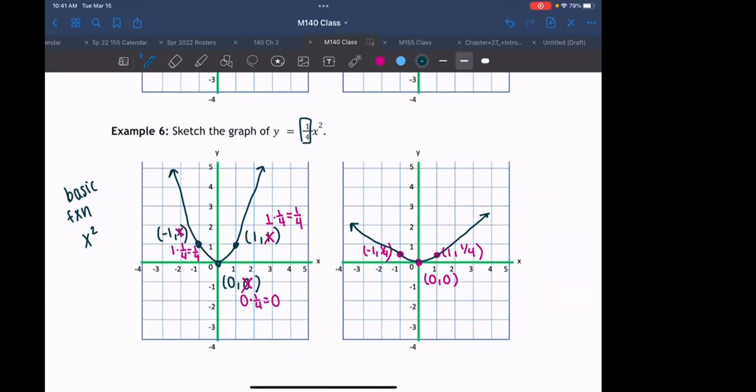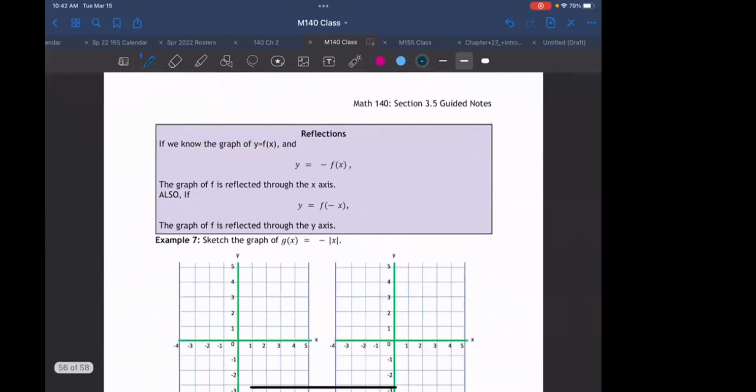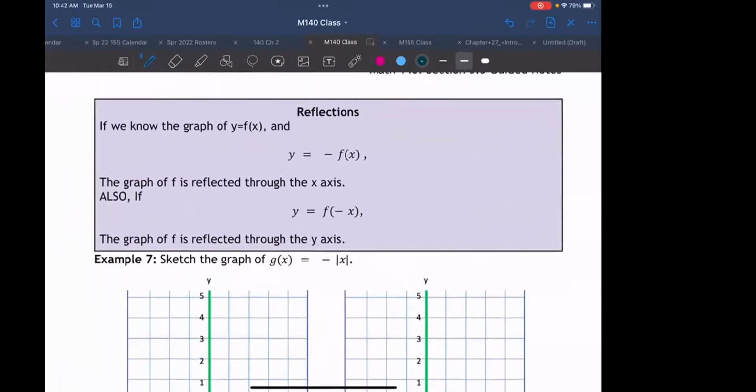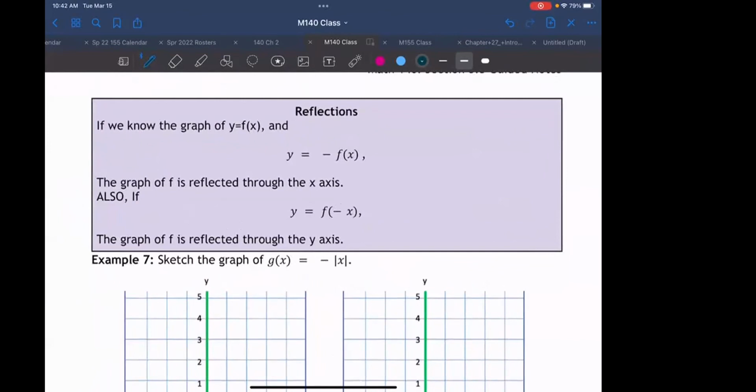So what we're going to do next time is we're going to look at reflections. Now we kind of left off here in my last class, so I'm going to let you go. We're going to look at what happens when we have a negative